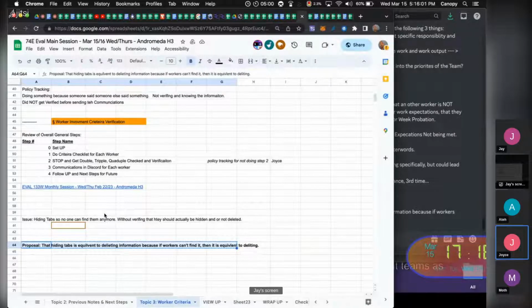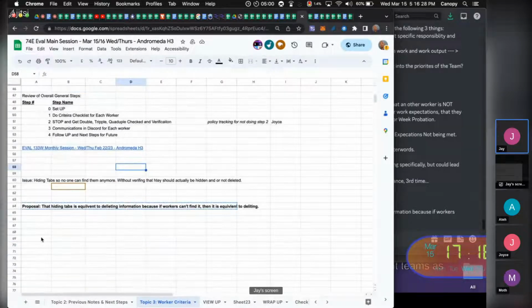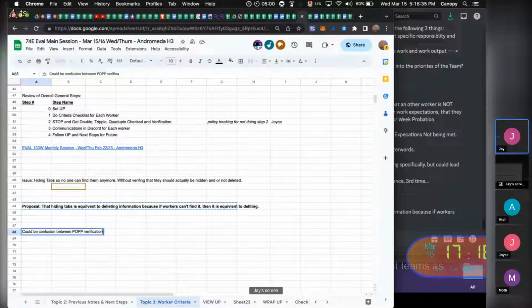On line five, when you press that link, you can see that there's POPs and then MBT docs and then there's POPs for budget. Okay, so let's note that down. There could be confusion between the POP verification for budget and